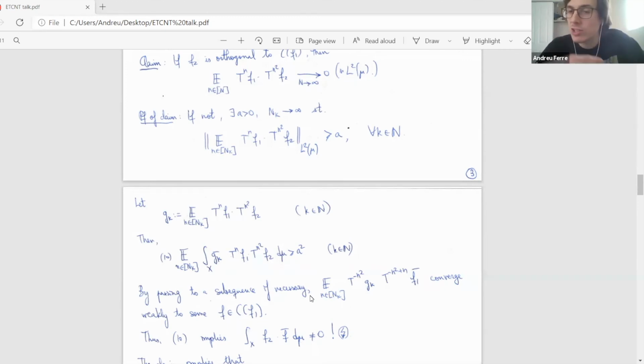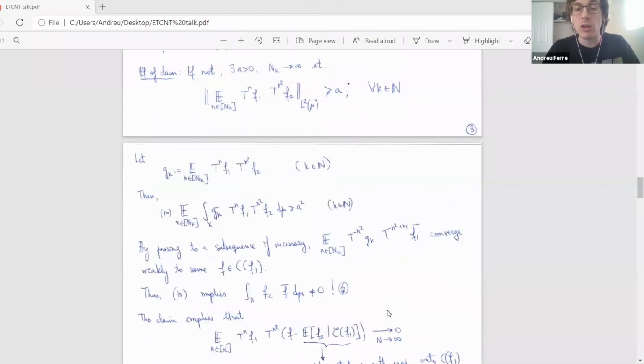So let's just take a weak limit of these averages. They're bounded by 1, so all of this makes sense. And notice that whatever weak limit we have, it's something that's in C of F1 by construction, right? That's why we define C of F1 that way. But now, because of this inequality 10, it follows that if we just take the limit, then